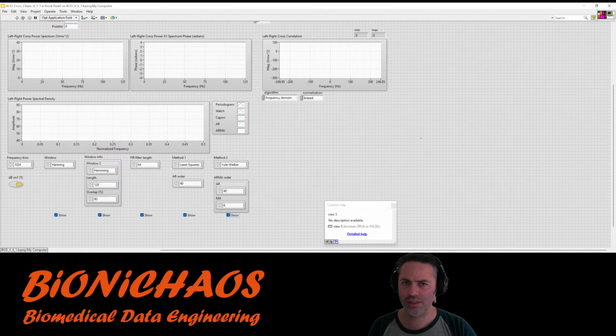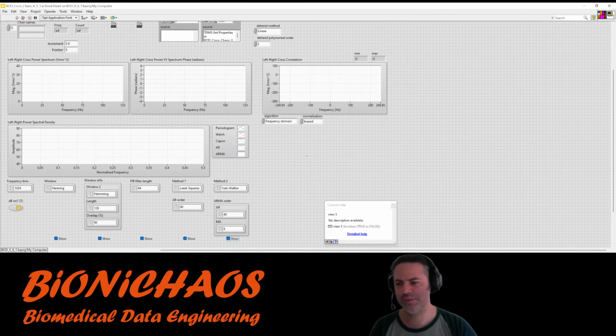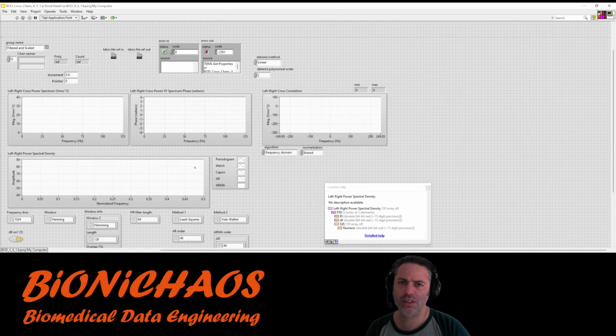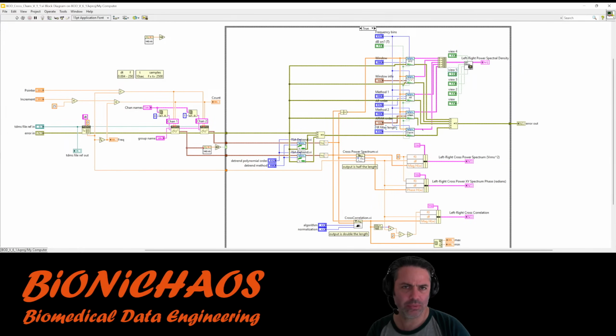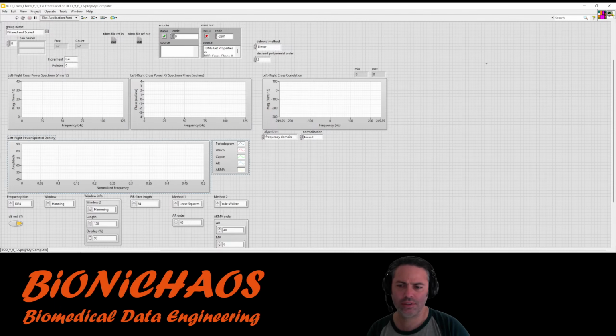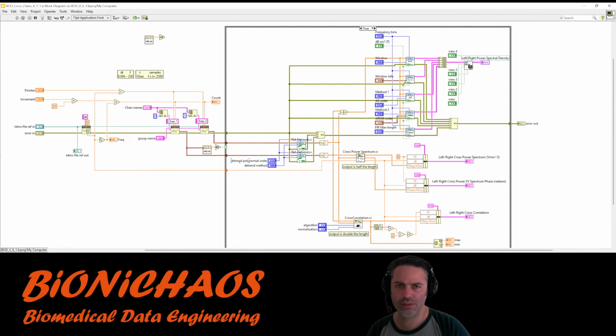What's this bit? Ah, yeah, I remember now. This was also using a different LabVIEW example. So yes, we probably better rebuild this. Right, it's showing the power spectral density, these different modes.